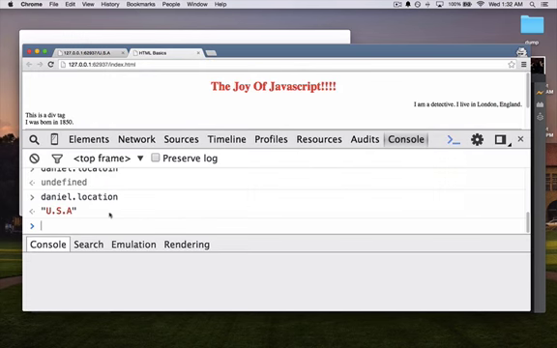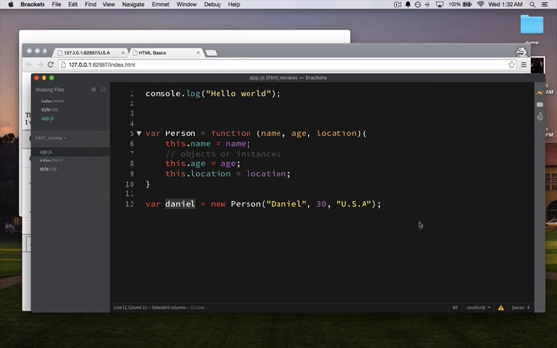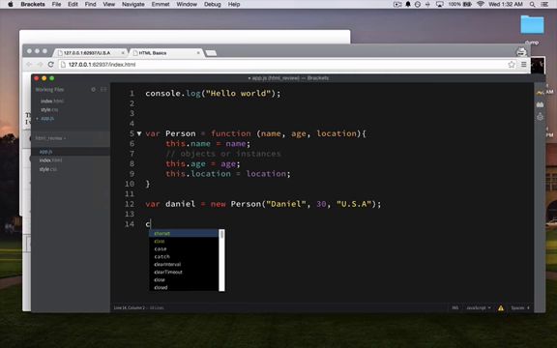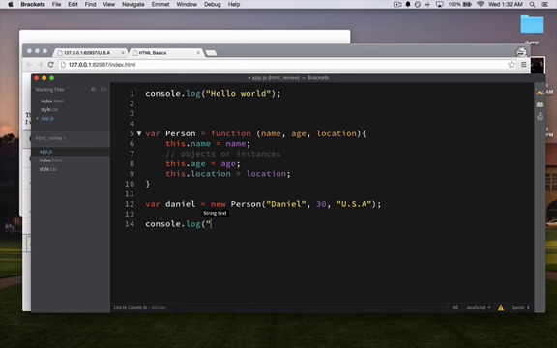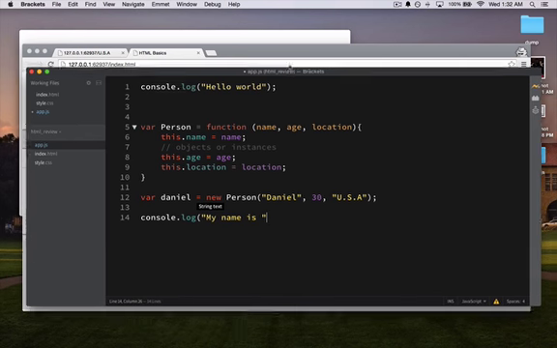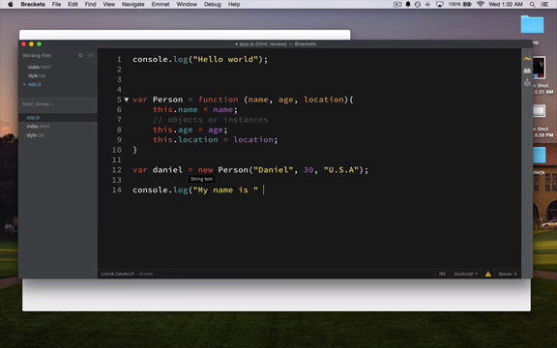We usually don't want to just play around with the console all the time. So let's create some kind of nice function, log, that says, hey log, it says my name is, you're going to do something interesting here. We are going to play with something called interpolation, the adding of things together. And we're going to add Daniel's name, and we're going to space it out. I am from,